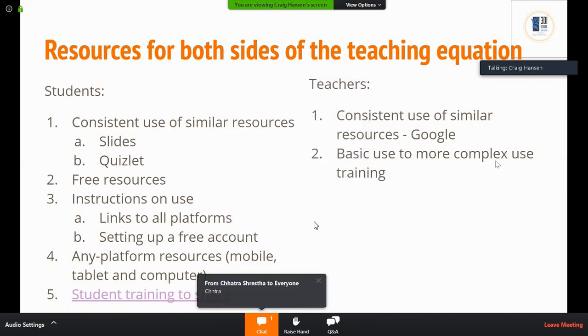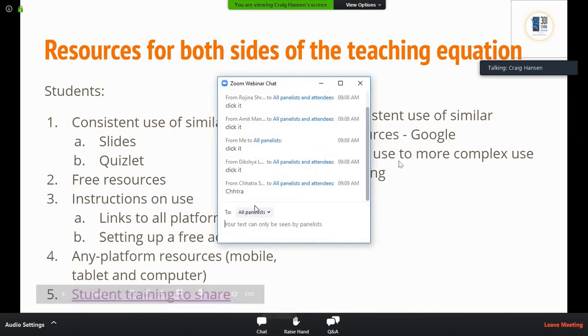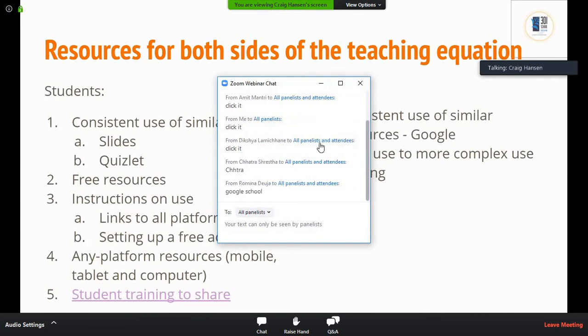So let's just test and see in the chat now. If you are in fact a Google school, meaning you've got G Suite, can you type into the chat right now, Google School. If you are a Google school, if you've got G Suite. Okay, so Sunita, Ramina, Ushan, Dolka.